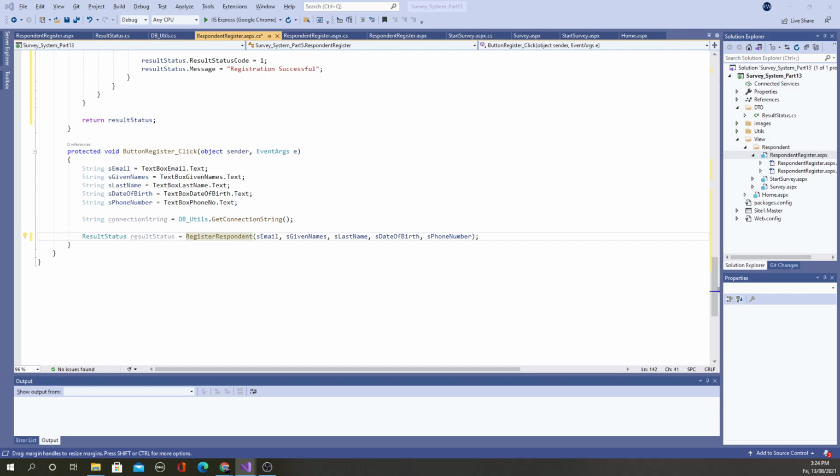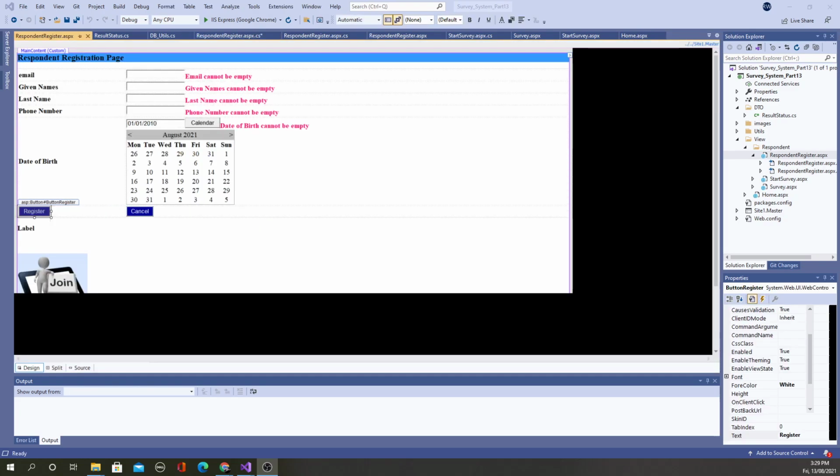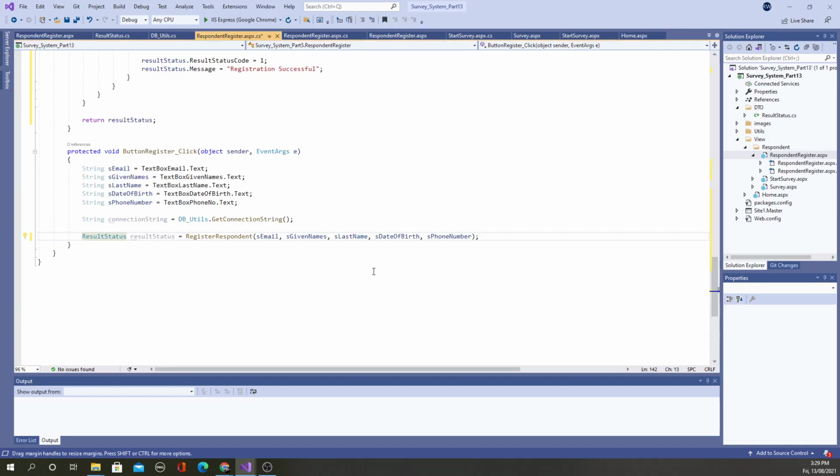Okay, so let's see what's next now. We are almost done. We are almost finishing it now. So just to see if this has successfully saved, we will use this label. This label is label message. So we'll just put a message into this label to see if it is successfully saved or not. So let's do it now.